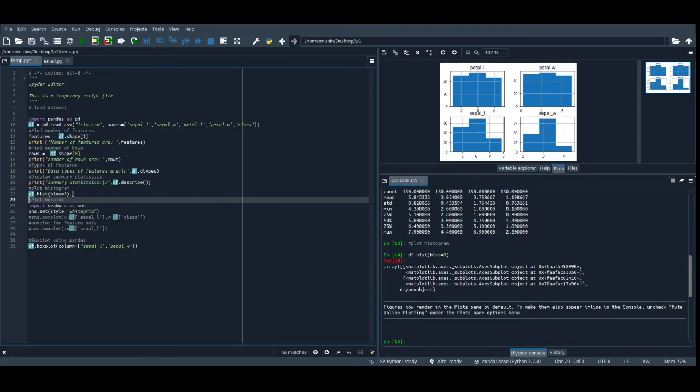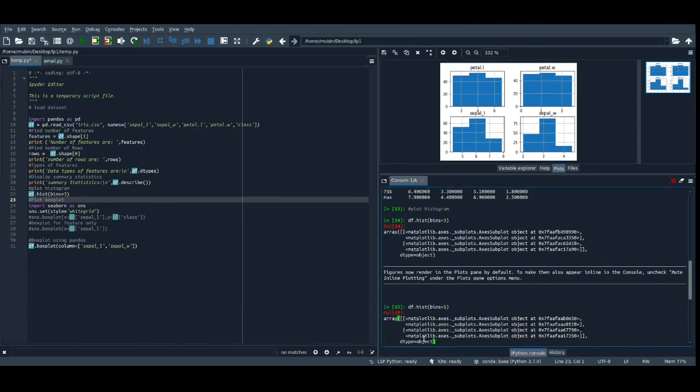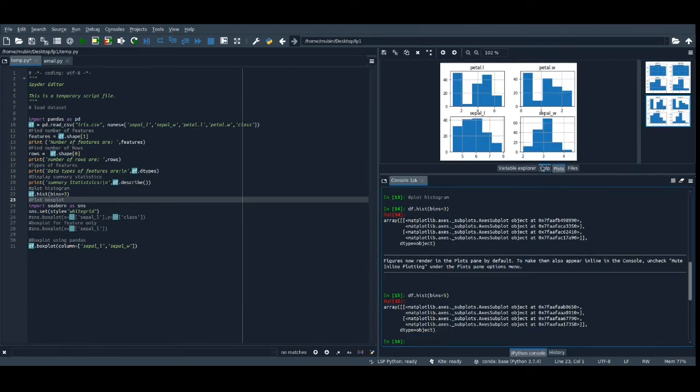If you want to increase it, I'm just going to change here. I can also write the inline code over here. So I'm just writing the inline code for that. So dot hist, and I'm writing bins equal to, suppose, 5 bins, and I'm going to execute this. So I have the 5 bins available here. So 1 column, 2nd column, 3rd column, 4th column and 5. So total 5 columns are available for each feature. So in this way the bins can be used.